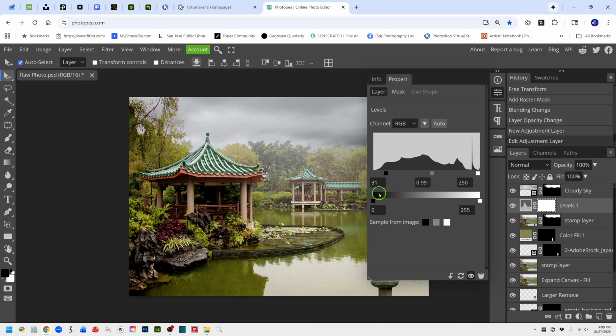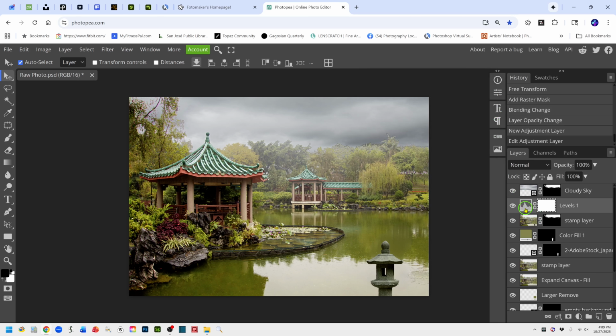Right, so I'll just leave that like that. I'm just adjusting the histogram from black to the midtones to the whites, all right? And that's there, so that's pretty good. Now what I want to do is, I don't need it applied everywhere because it might be a little bit